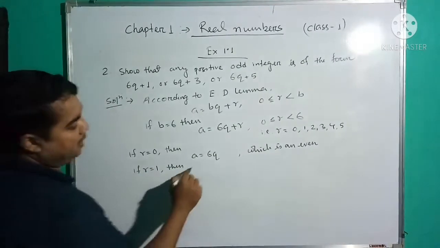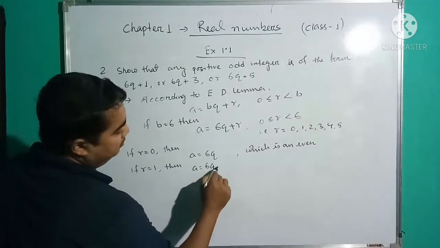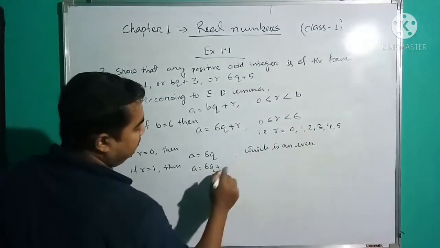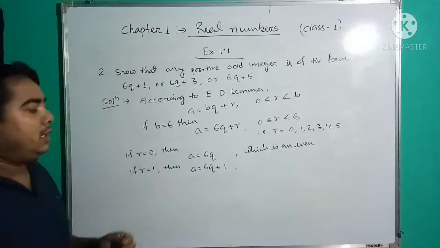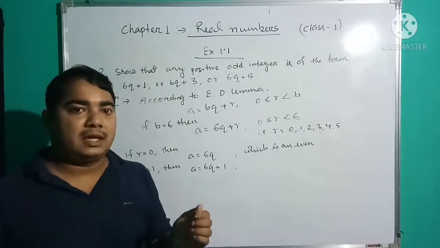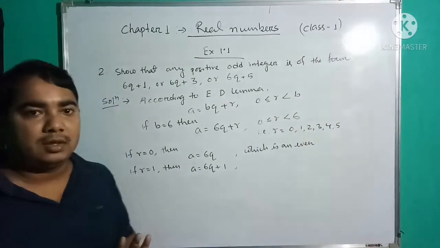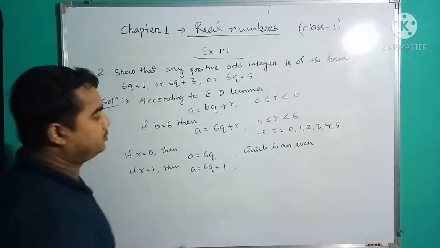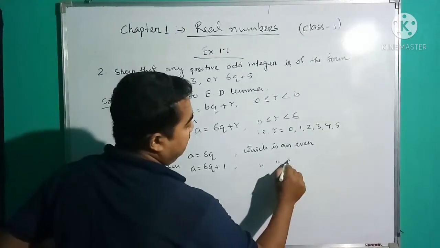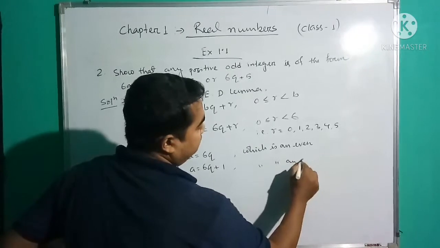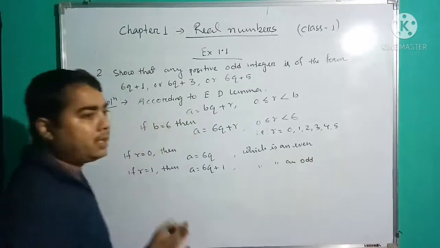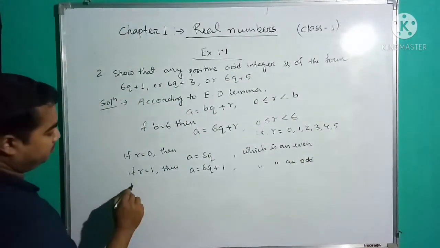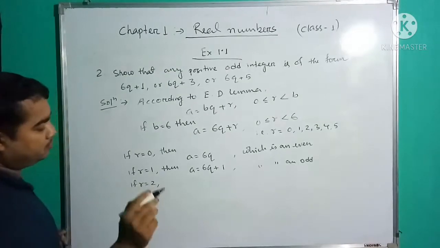Next, if R equals 1, then A equals 6q plus R value, which is 6q plus 1. See, if we divide any number by 6 and the remainder is 1, then it is called an odd number. Okay. Similarly, R equals 2, then